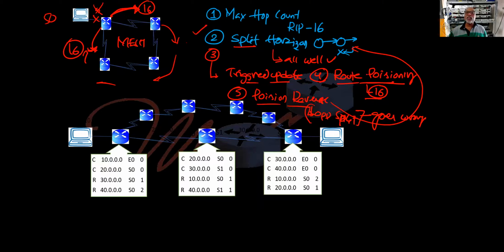Normally, split horizon. If anything goes wrong, that means basically me telling, hey, this is down, this is down, this is down, this is down. In all directions, I'll only start shouting, it's down, down, down. So nobody will tell me back again. Does that make sense? Any doubts? Go through it. Ask me if you have any doubts.